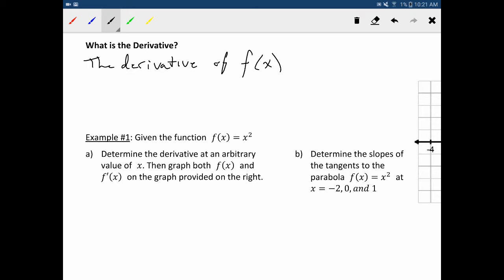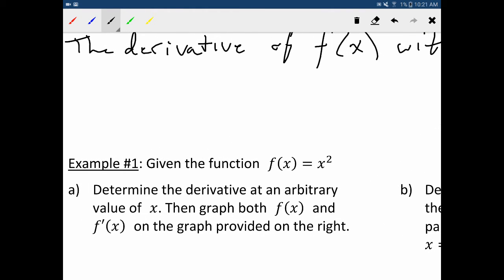So we would say the derivative of f of x with respect to x is, and we would write it as f prime of x. You write just this little tick here to show that this is the derivative of the function f of x. And what it is is the limit as h approaches 0